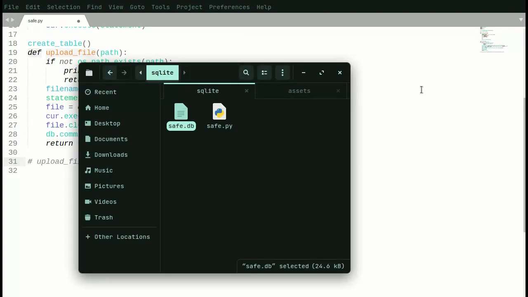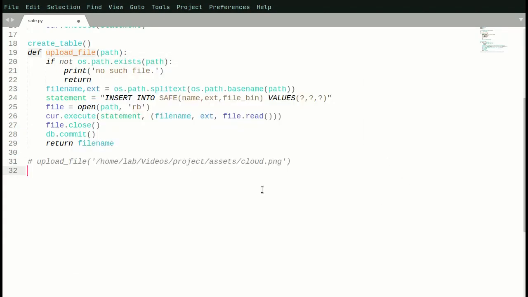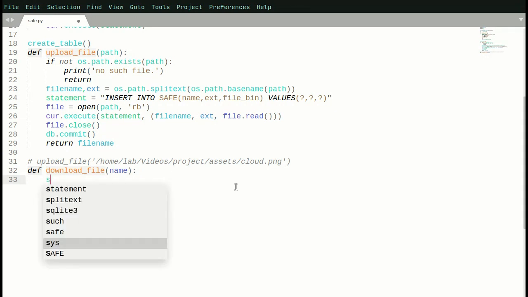We can now create our download file function. That's the function that's going to be responsible for getting these files out of our database, for recreating these files. So let's define a download file function. To download a file, we're going to need its name, of course, and our statement is going to be